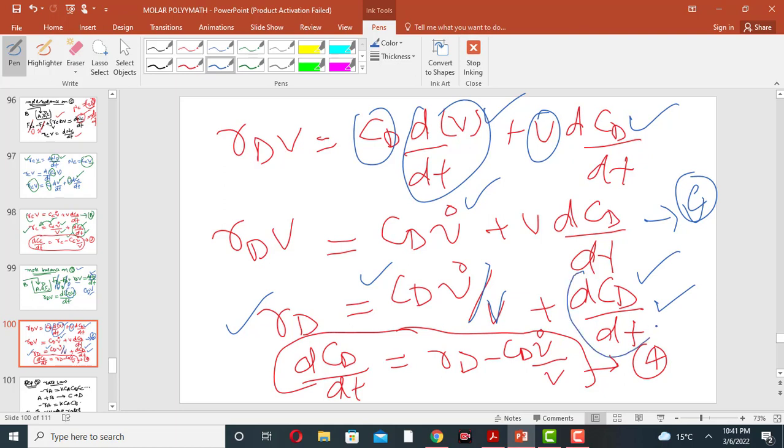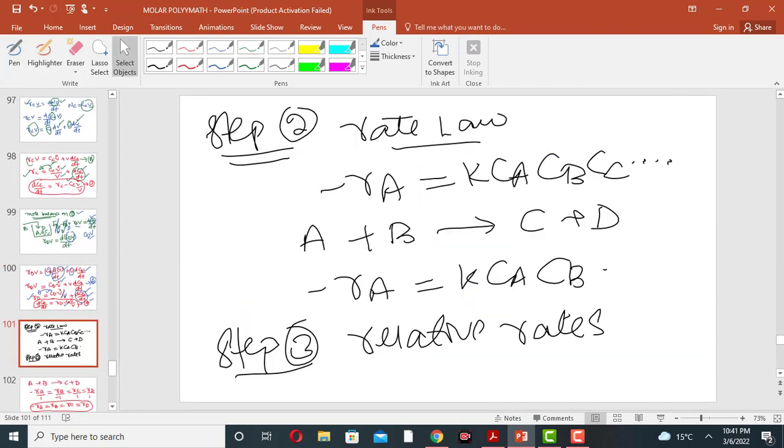So in order to obtain this, the term will move to the left side, and this will become negative. So this is the mole balance on component D. Now the second step is